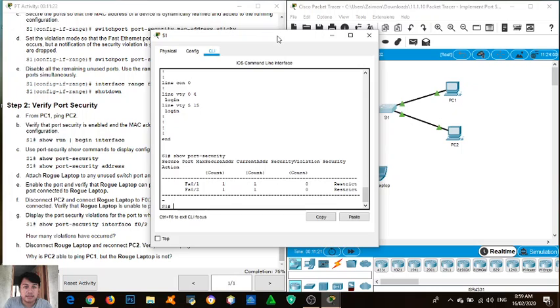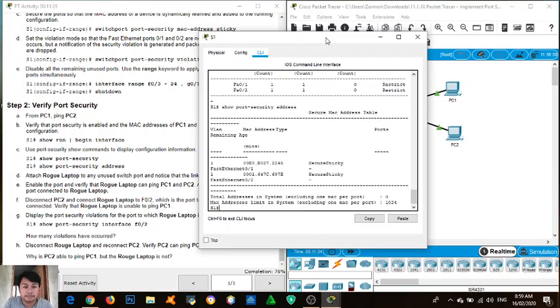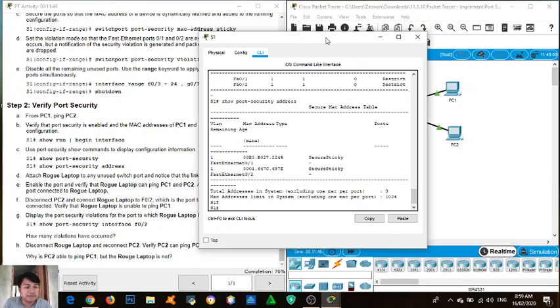Then after putting that, we're going to show port security address. So it shows you the security address. As we can see, like what we put a while ago, we put the switch port security MAC address sticky. So it's there already. Then after putting that,